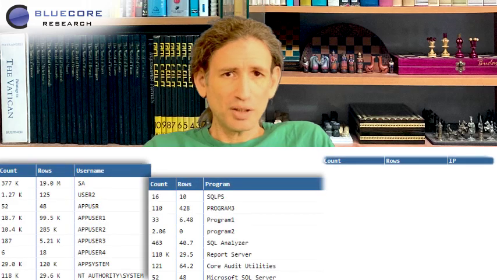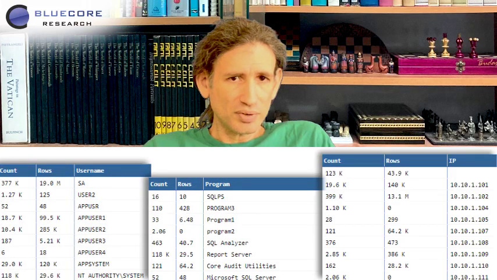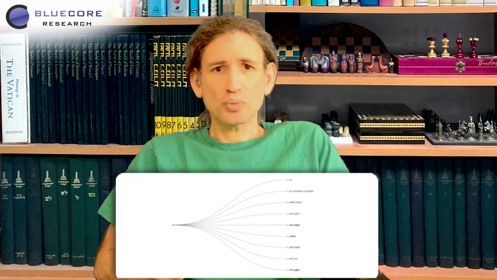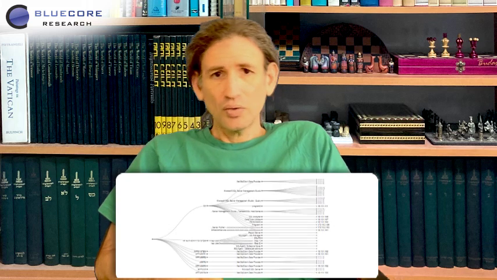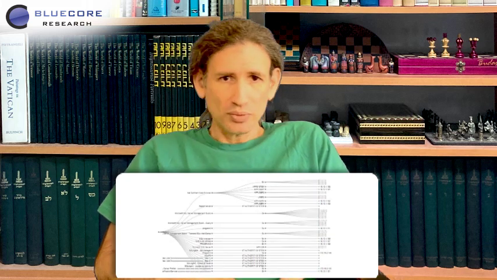So how do we do proactive forensics? The idea is to use a collection of textual and graphical tools to identify what's going on in the database. For example, you can look at the list of users, programs, and IPs to see who's running activity in our database. You can also look at the relationship between them. So, which users use which programs coming from which IPs. Or in a different order, first break it down by programs and then by users. We can look at these relationships with volume. For example, how many cycles, how many rows. And again, we can break it down by users, by programs, by IPs, in a different order, and so on.